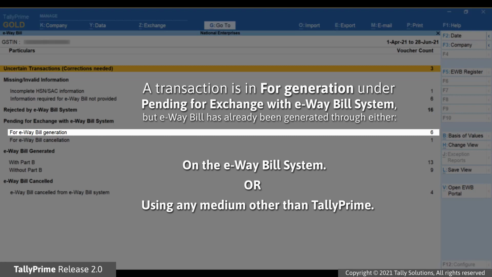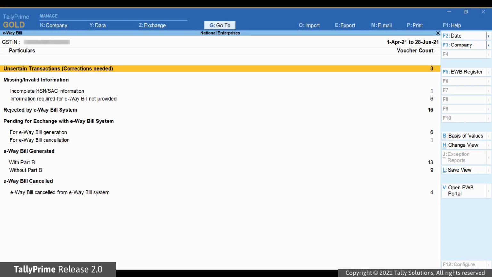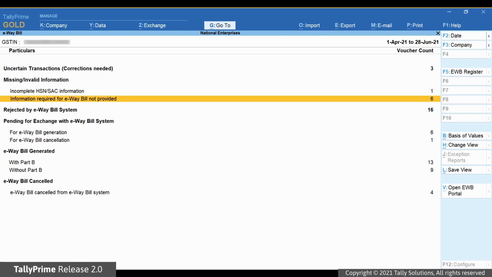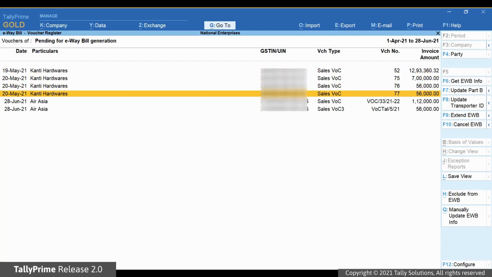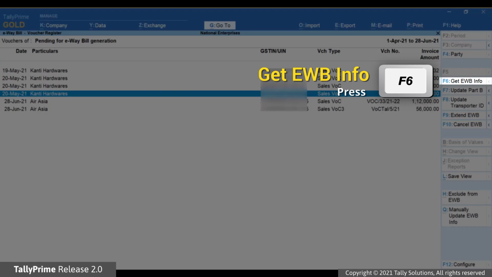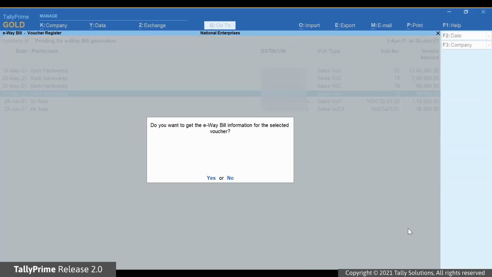However, you have already generated e-way bill for it on the e-way bill system or using any medium other than Tally Prime. Drill down on the section. Press spacebar to select the transaction for which e-way bill is already generated.